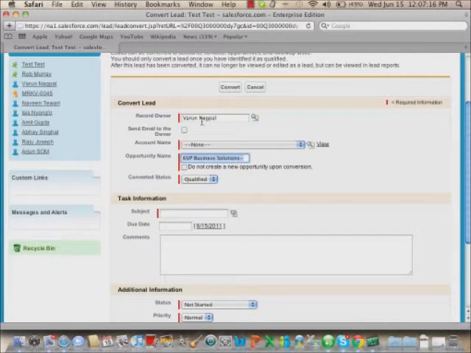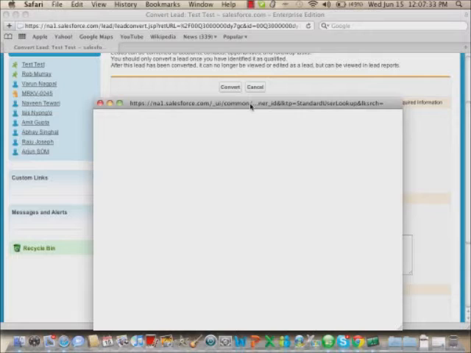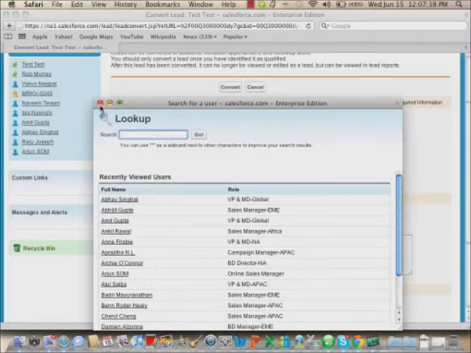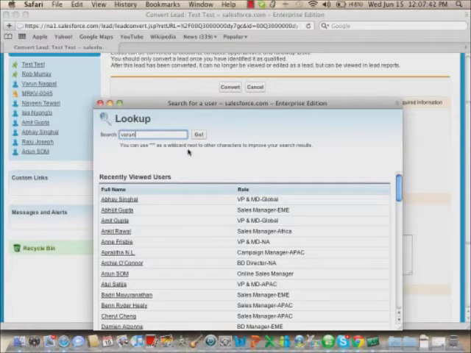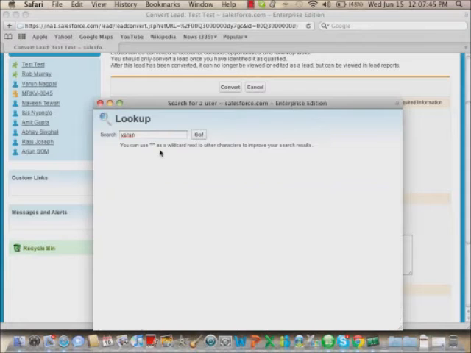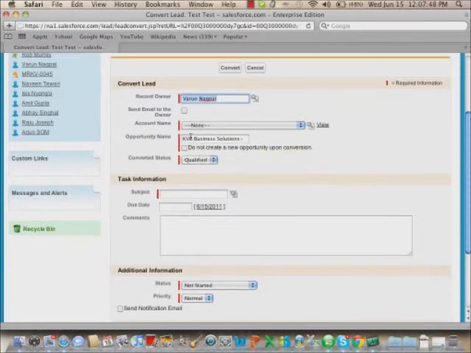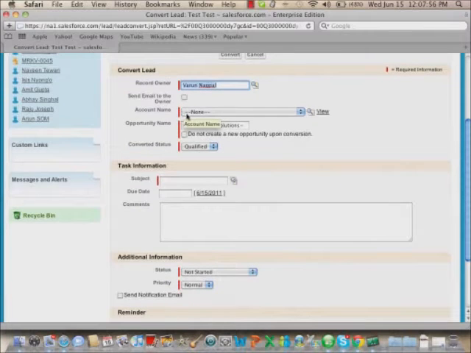So when you're converting a lead, you can also transfer this lead to someone else. So let's say there's a team which is working just to qualify leads, and they send these qualified leads to the end sales person who goes and meets the customer, right? So at that time, now this lead is qualified. I just want to change the owner of this lead, and now this lead is going to get assigned to someone else because this is qualified. So I can just change the record owner now, right? I can choose someone else here. For now, I'll just choose myself here. So I just choose that, and just do send email to the owner. So it sends an email notification saying that this new account has been assigned to you right now, right?